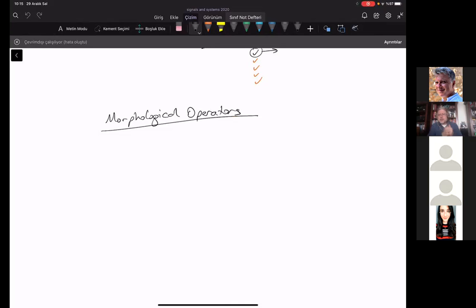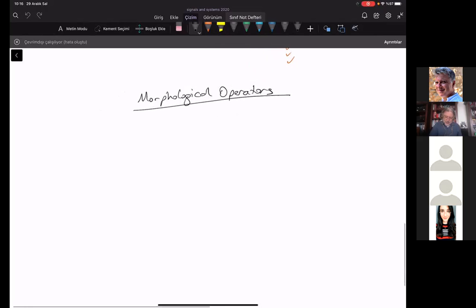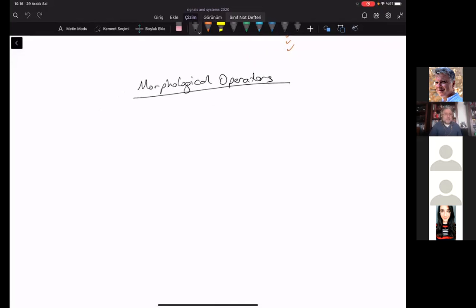Within this course, we will not be dealing with the topology or the topological operators that are also a part of image processing, but we will briefly talk about morphological operators. And the first morphological operator that we will talk about is erosion. This is the first morphological operator. And erosion,